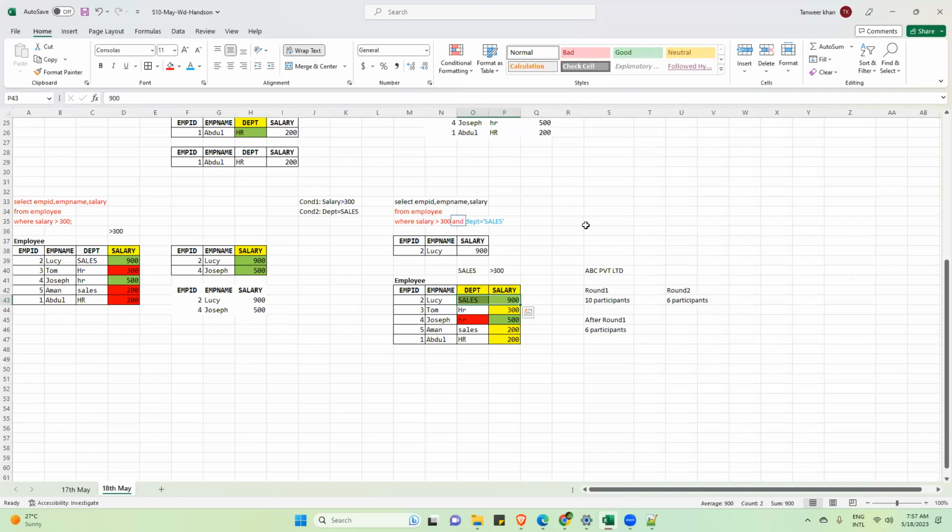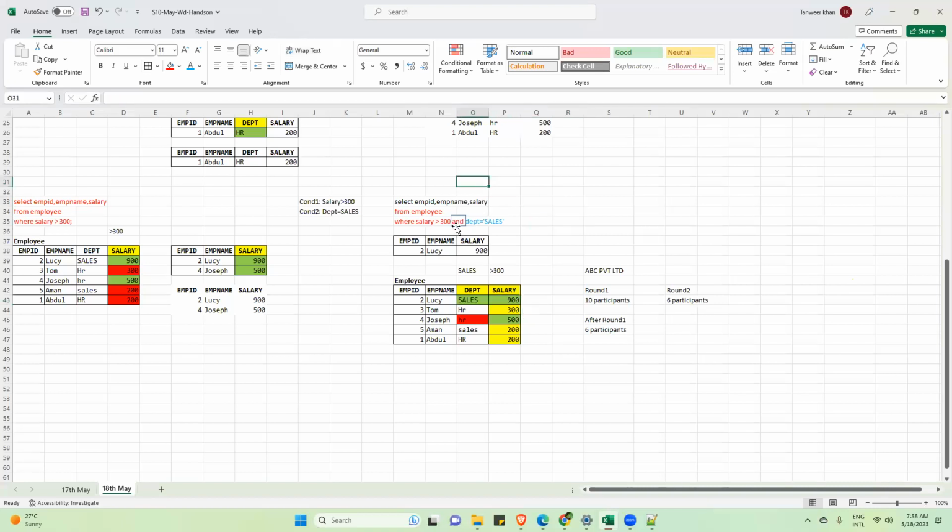In this case, salary is the first filter that we applied. We selected all the data which was greater than 300. Then the system says, whichever data has met the first condition, from that particular data, check for the next filter condition, which is department equal to sales. And the system will select that particular data and give the output.